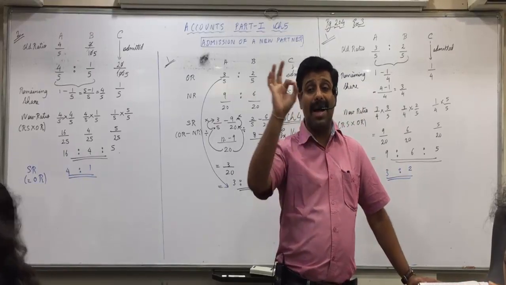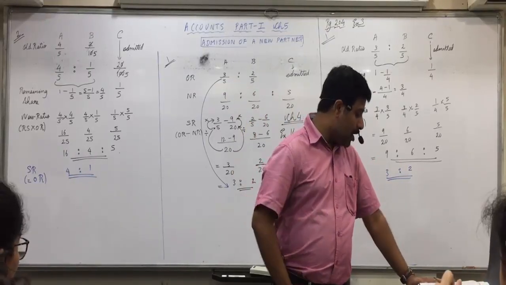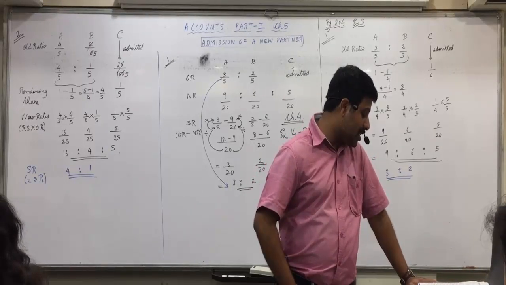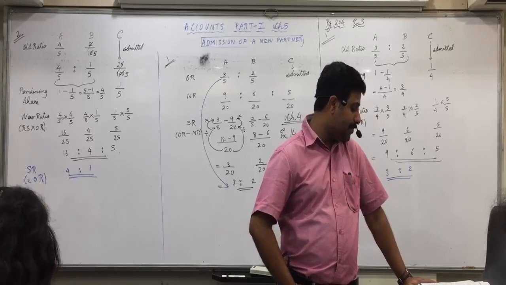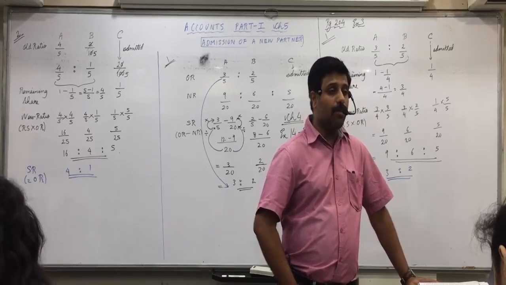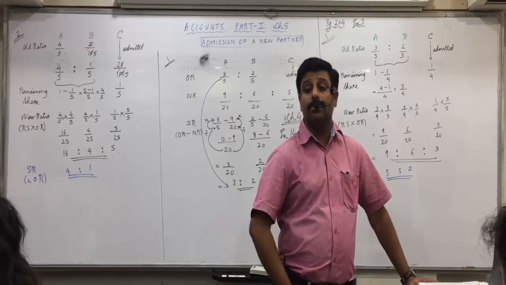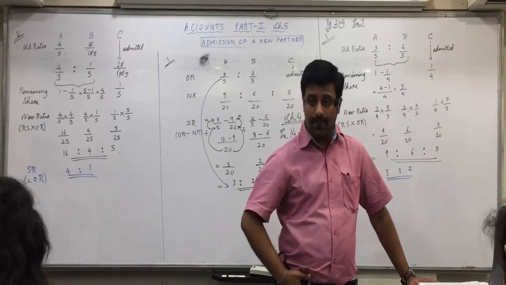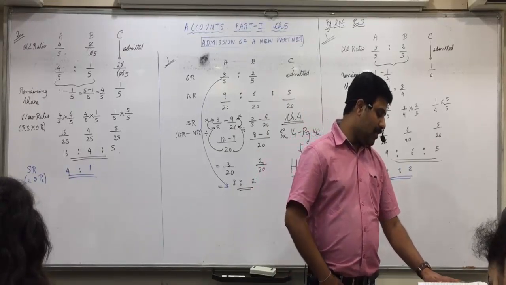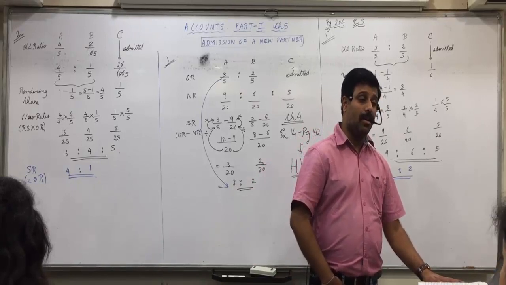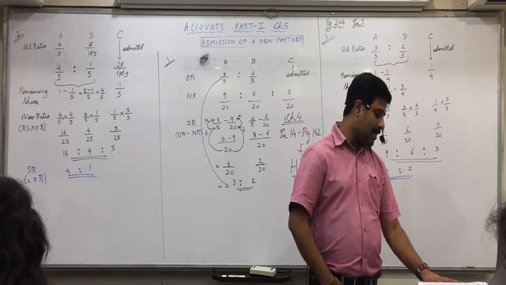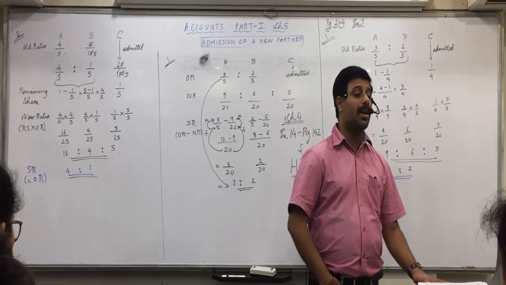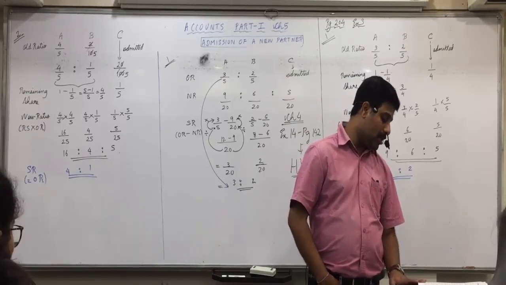Capital, we just write the balances. Put tick on general reserve, put tick on workman accident compensation fund. Asset side, put tick on profit and loss account, fictitious asset. We discussed the journal entries for all the three in objective questions. This would be general reserve to partners capital account, workers accident compensation fund to partners, and that would be reverse, partners capital account debit to profit and loss.